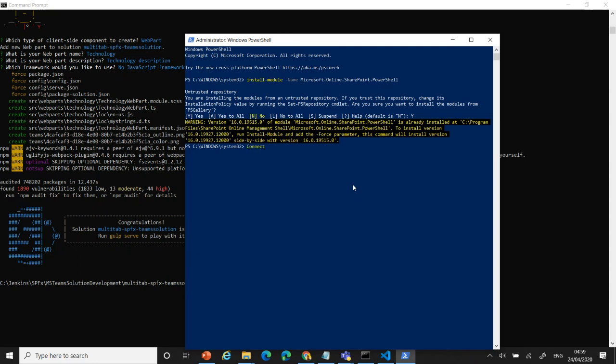Connect-SPOService -Url https:// and the admin site. It's not contoso, we need our own site, mep-admin.sharepoint.com. I'm connecting to my tenant.